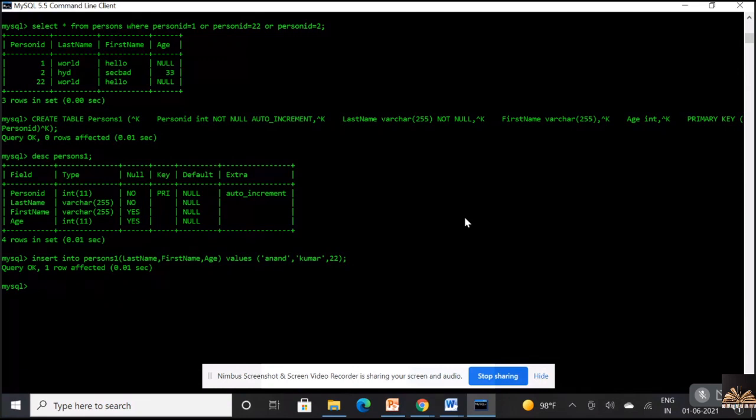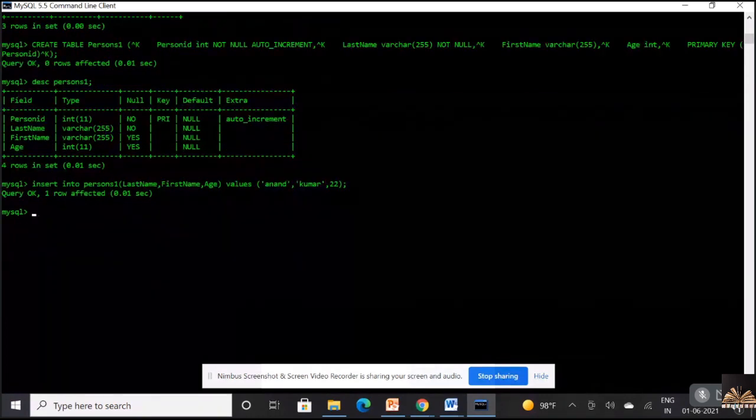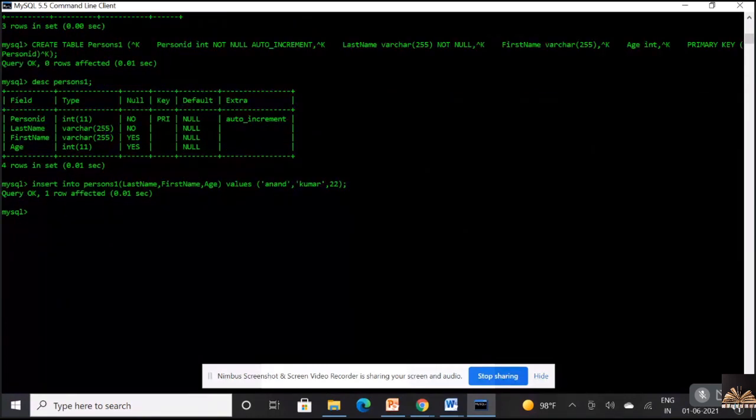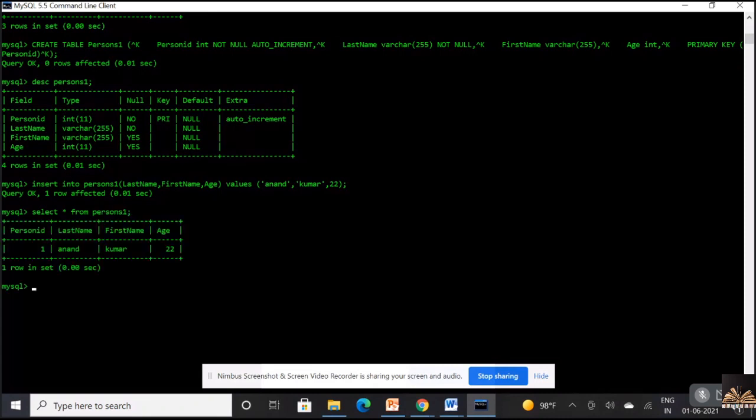So even though I did not enter any value for the primary key attribute, it is accepted because that field has been taken as auto increment, which automatically adds a number. Now select star from persons 1. Now see, the default value starts with 1.